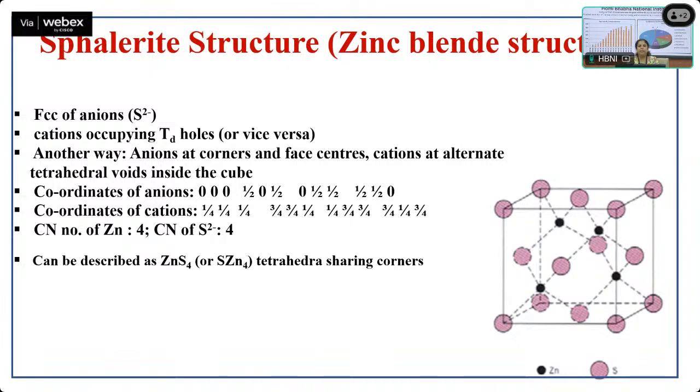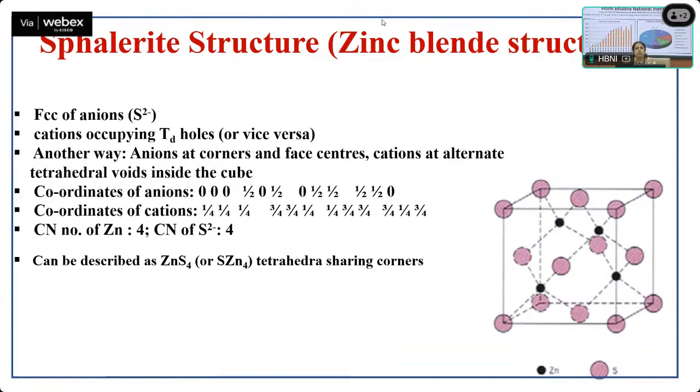Second structure, zinc blende structure, we also call it sphalerite. Now here again, you have ZnS, the stoichiometry is 1:1, so absolutely no problem. It is again cubic close packing. We are right now talking about structures which involve the FCC unit cell, FCC lattice or cubic close packing. Because the stoichiometry is 1:1,